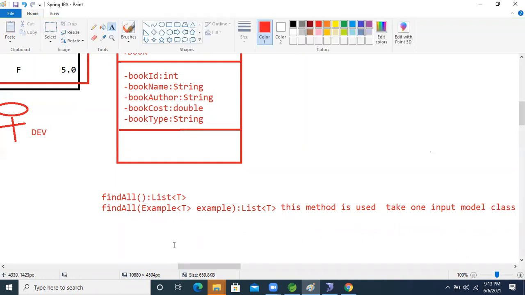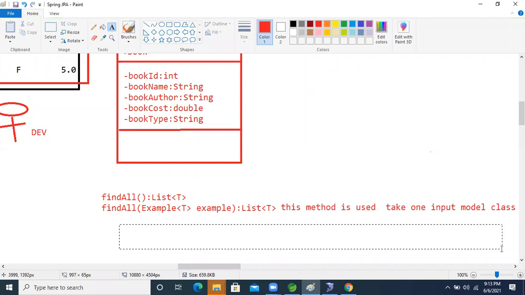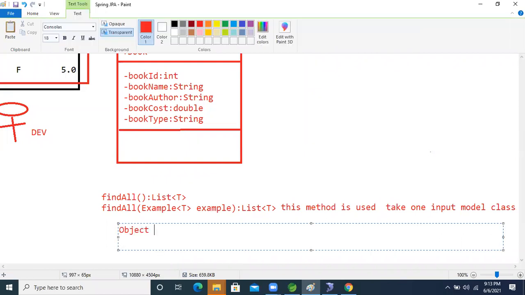After that, it will prepare an object that will be compared with every row in the data.